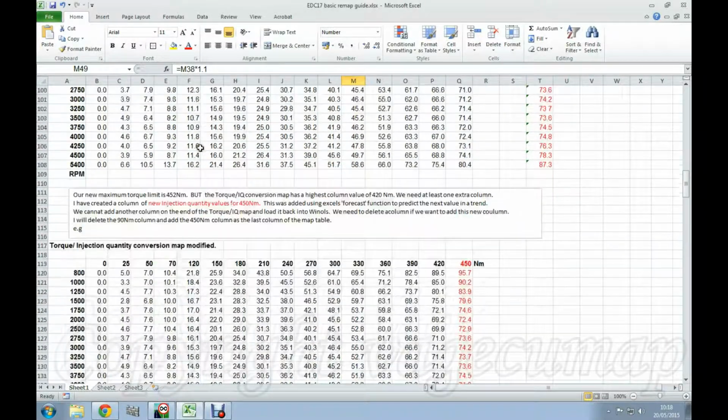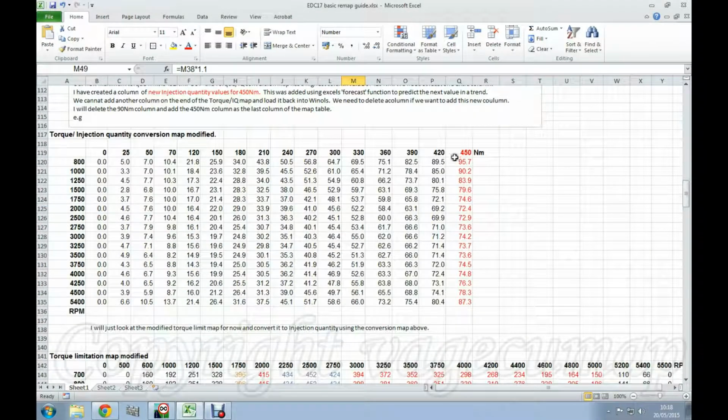So I've taken out 90 and I've shifted everything across, so nothing's changed. The values, the columns, the axis information, all of that is still exactly the same, so I've not actually affected these numbers. All I've done is shifted everything to the left, and I've added one new column at the end with my new values.